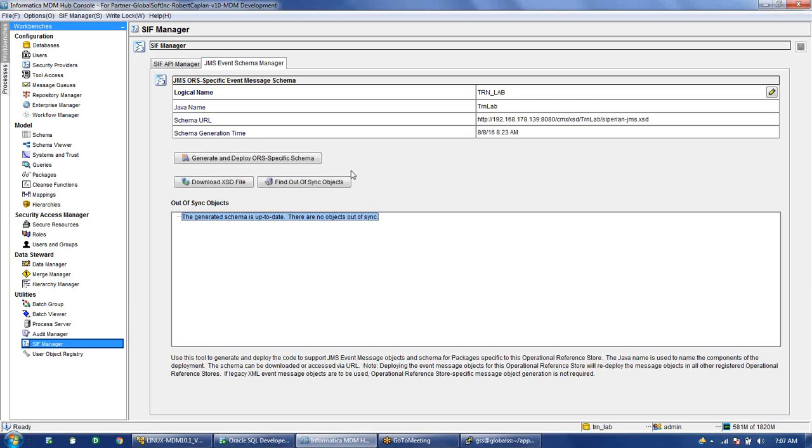Once you have added those outbound queues, you have to come to MDM console, go to the message queues and register your connection factory and the queues that you have created. And then you have to come to all the base objects and create these message triggers. And plus the fourth thing is enabling the audit and generating these SIF services for JMS.